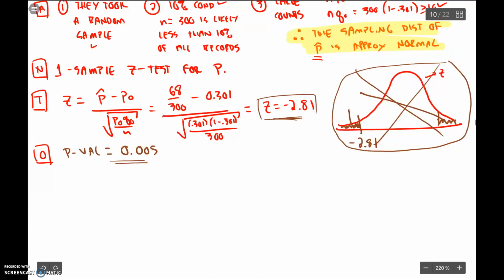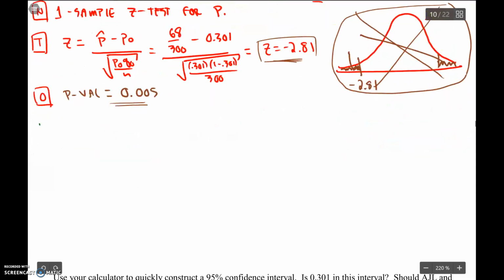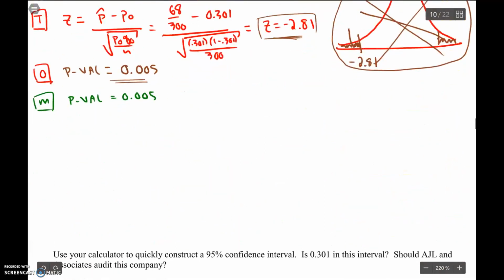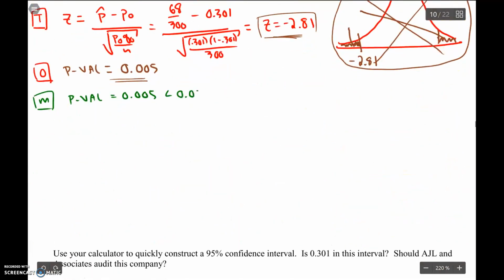All right, now the important stuff. Make our conclusions. Here's our statistical decision. You need to explicitly compare your p-value. That is going to be less than our alpha value of 0.05. And if our p-value is small, that means we have evidence against the null, so let's reject the null. There's our statistical conclusion, and now we write our